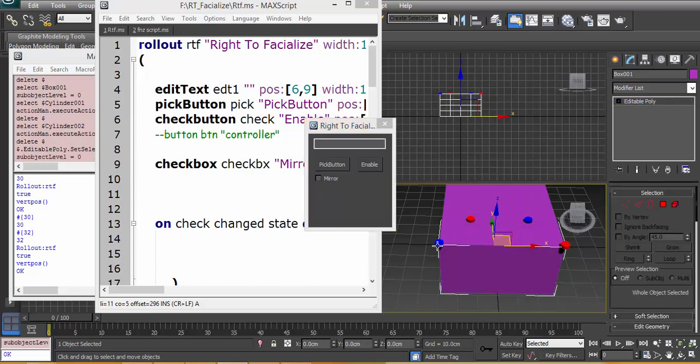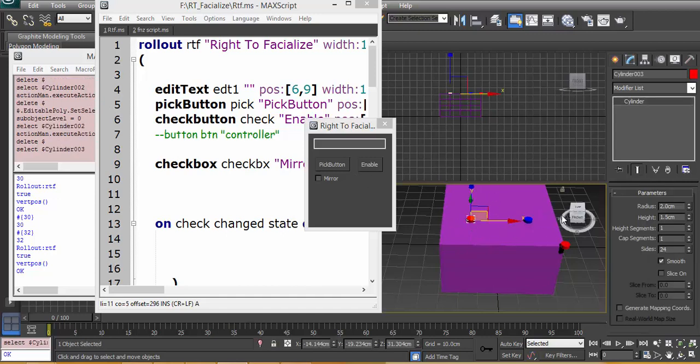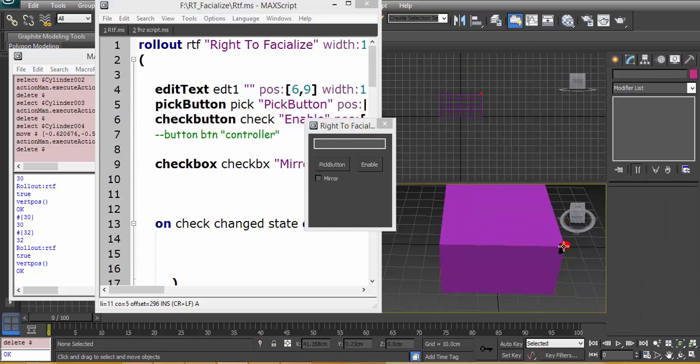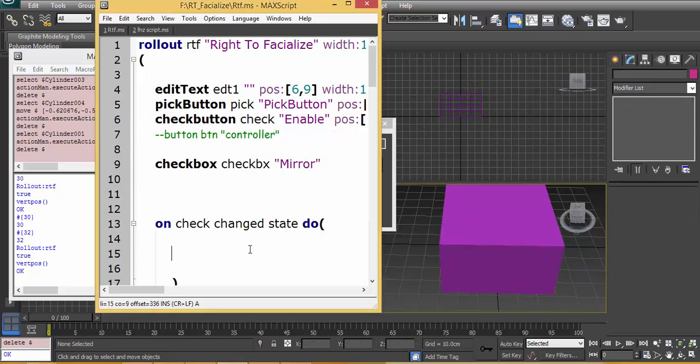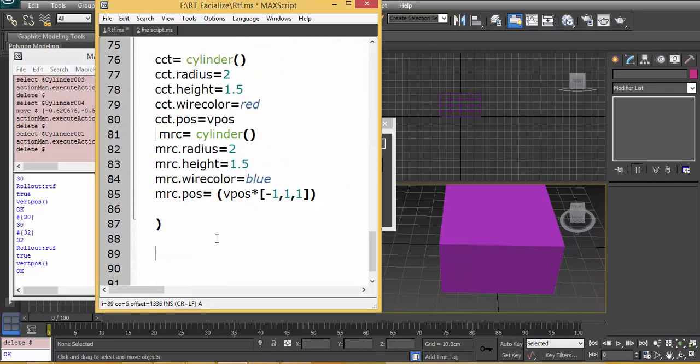All right, so I'll just delete some of these. By the way, you can also create a tool that is selecting all these cylinders once they have the same name, and then it deletes them. Okay, so I'll go down and create a function, which I'm going to call mirrorVat. So fn mirrorVat. Now I don't want to leave it at mirror because there is the mirror modifier, which will become an issue. So I want to choose mirrorVat, which is going to be our function, which is equal to,